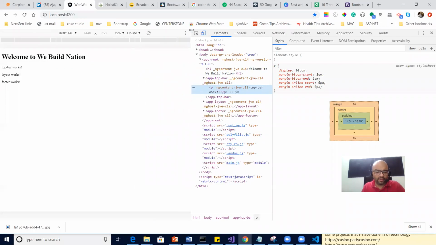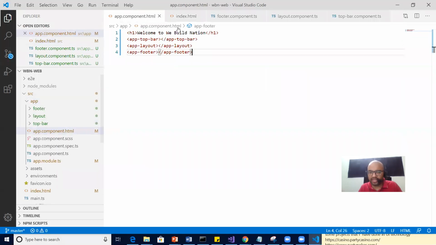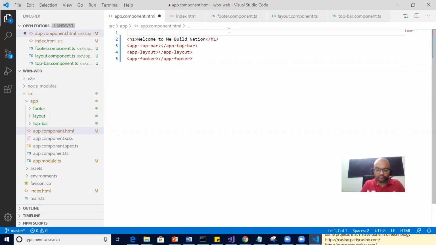To check that, let me add some Bootstrap classes. Let's see, have we included it correctly or not? Is it going to work in our project or not? So I'm going to my app component, my layout page, my main page basically, and there I will start with a div.